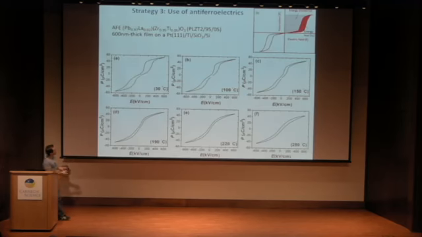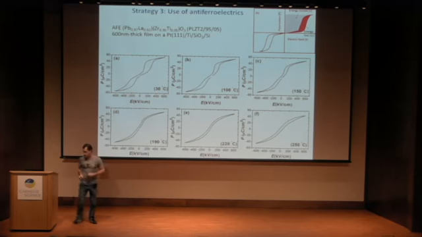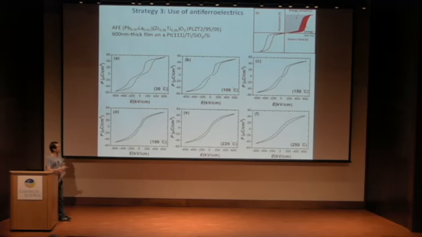So let me just do this one, the last one: antiferroelectric systems. Antiferroelectrics are very interesting because, given the shape of the hysteresis loop, you may expect much higher energy, less losses, if you can say in other words. So this is PLZT, exactly the same system used by Mathieu and Scott in 2006.